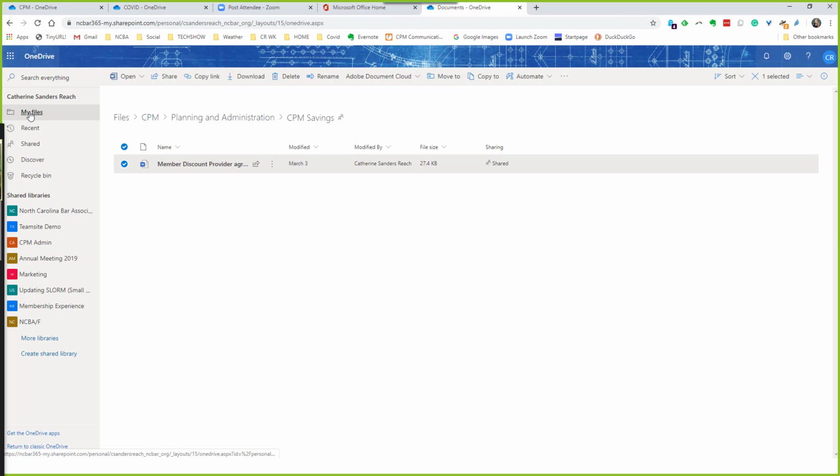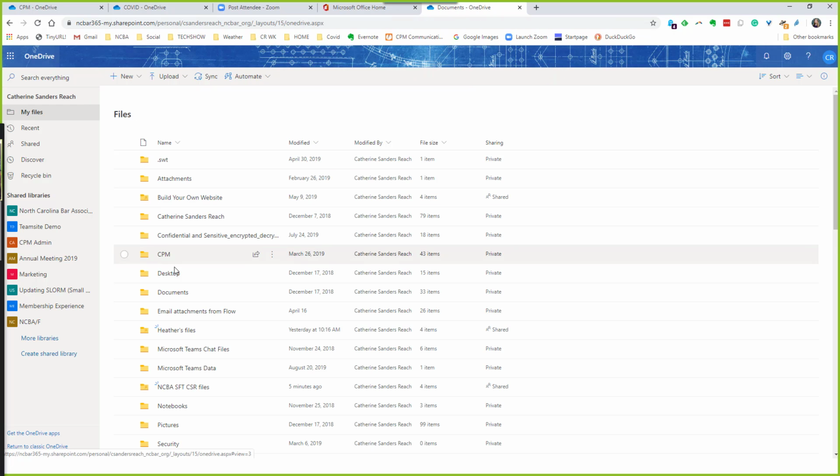So I'm going to go back into my files, and this is actually one that I shared with a member yesterday, and this was just a test. We were playing around with it. So I created the folder like I did before by going into new and creating the folder, dragging some files into it, and then I clicked on the share button again